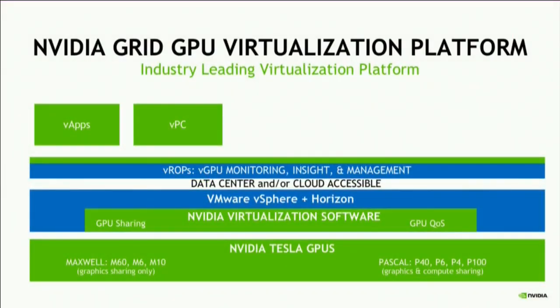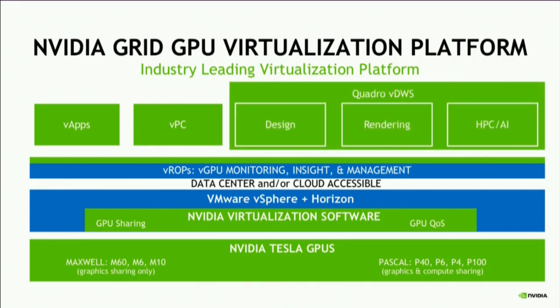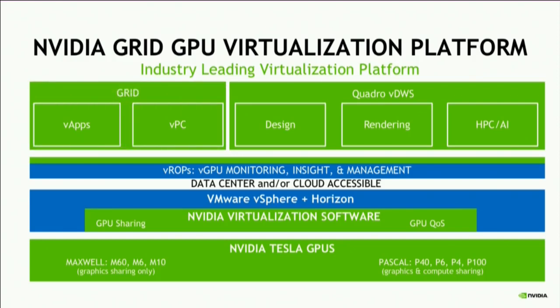So really back to the platform piece, and this is a build, and we're going to run out of time, so let's just move to, I think it's 2 clicks ahead. So what we've done is we've broken Grid aside into VPC and virtual apps. Quadro VWS represents all what's new in terms of higher end functionality. You'll notice as I'm going through all this that many of the things I'll be talking about, I'm not delineating between Pascal and Maxwell, and I'm talking about one single platform of software. Again, that advantage of I can pull in what I need for hardware underneath and then use software to define, manage, and maintain the user experience that's expected of these user types.